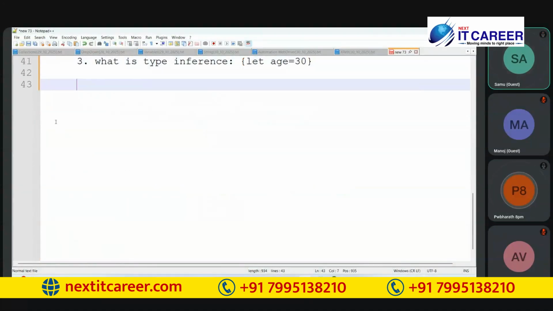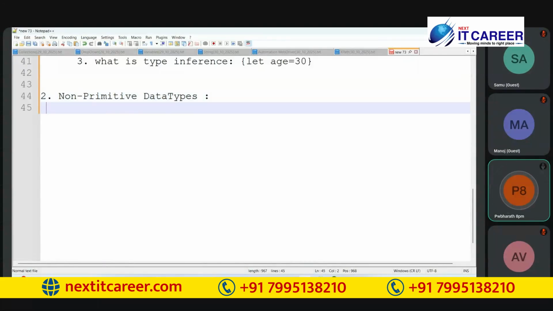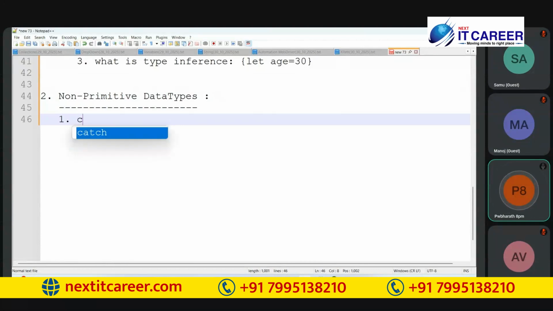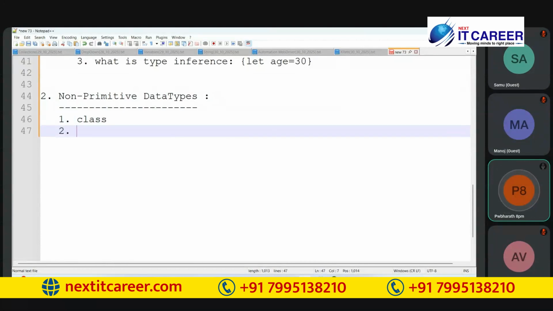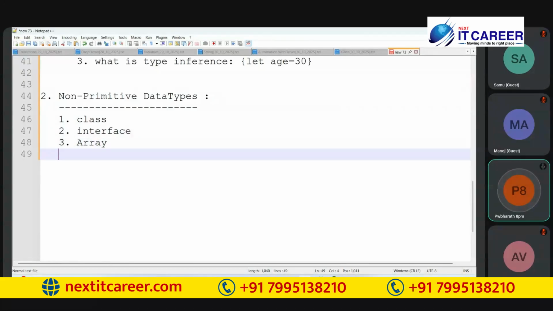Yeah. So if anyone asks what are the non-primitive data types, we have class, interface, array, okay, so class, array, interface and also function.